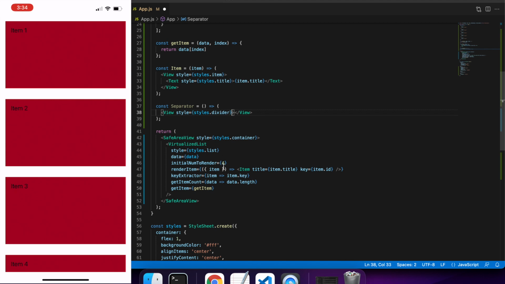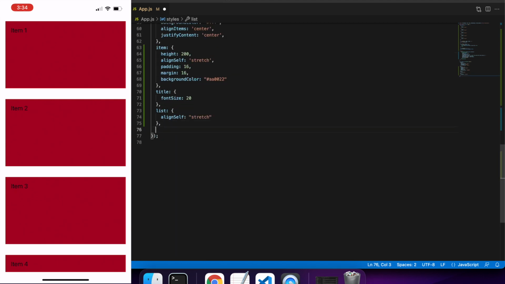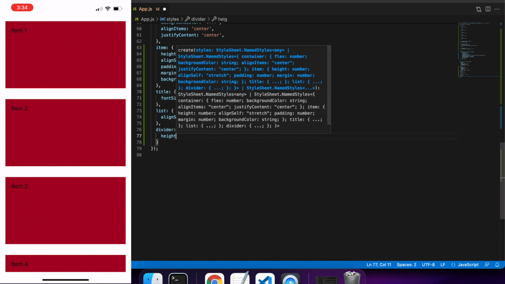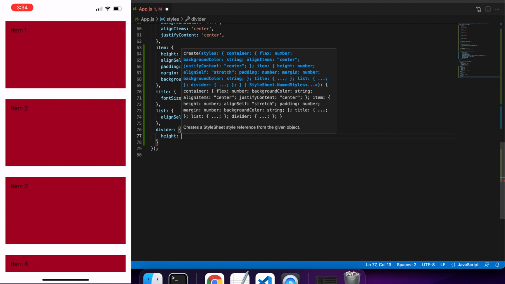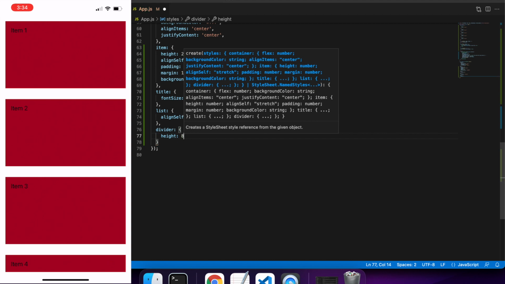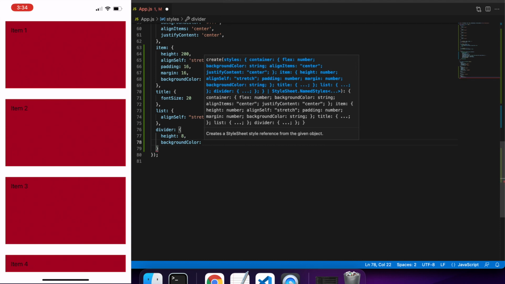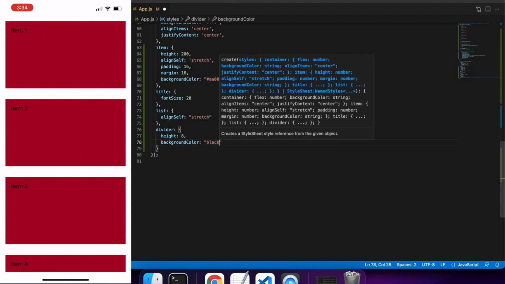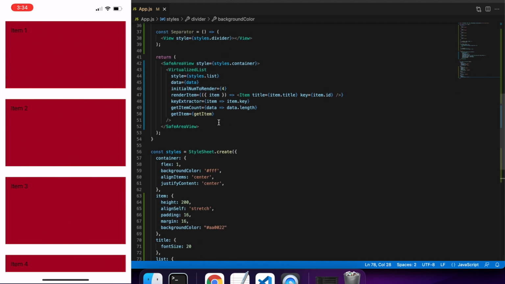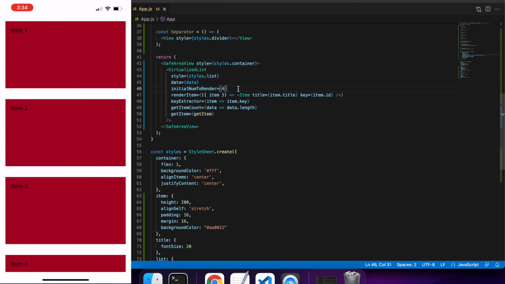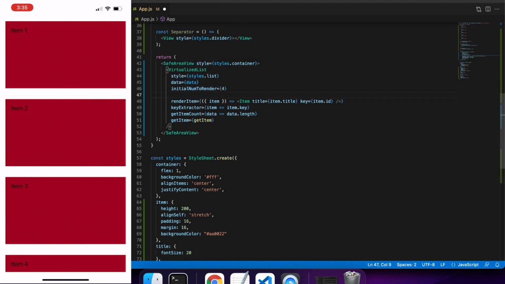So I'm going to give that a style for divider and define the style in the style sheet. Basically, I just want to give it a height and a background color. I just want you guys to be able to see the separator. It's not looking particularly fancy, but in a real situation you might want a nice divider,